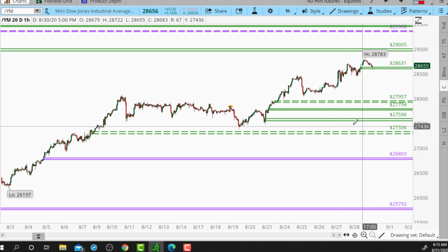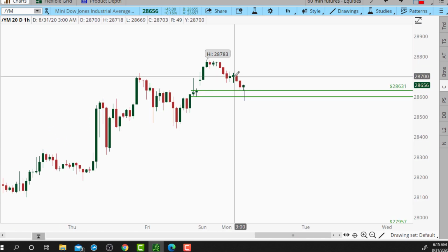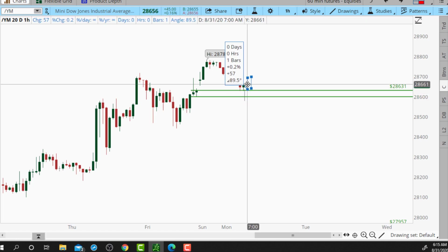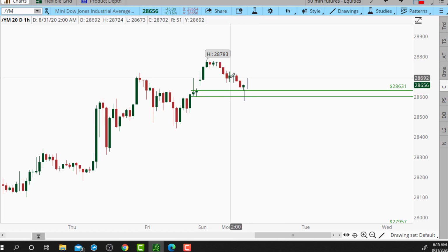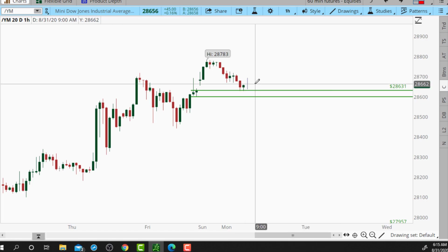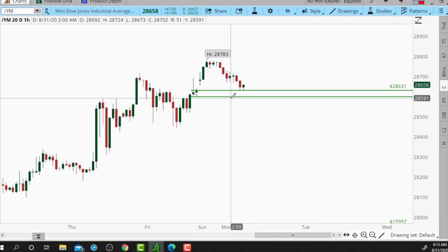Well, on the 1-hour chart, we can see that we have basing right in here. So if I just duplicate that drawing and move it up to here, we can see that my basing is just about exactly a 1-to-1 reward to risk. By the way, not saying you cannot take 1-to-1 reward to risk trades. Just know that when you take a 1-to-1 reward to risk trade, you've got to have better than a 50%